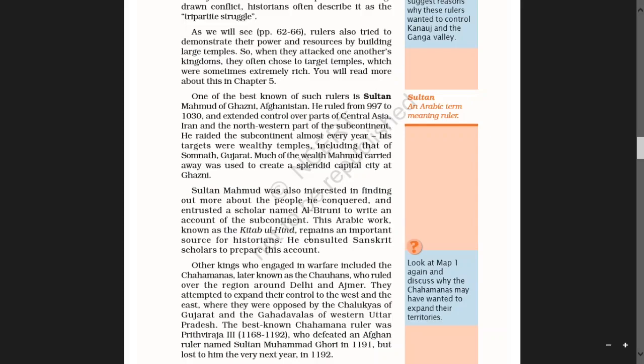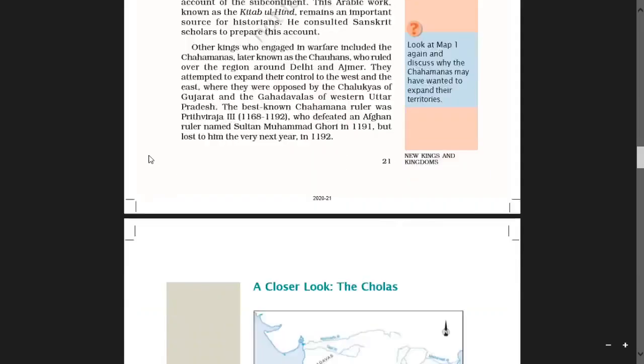He consulted Sanskrit scholars, learned persons, in order to prepare this account.